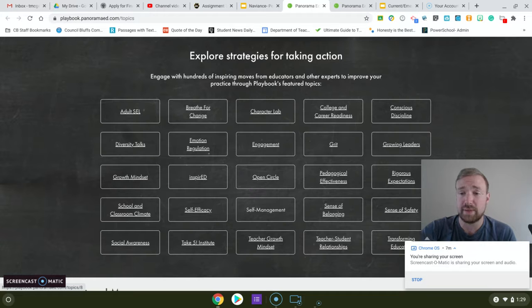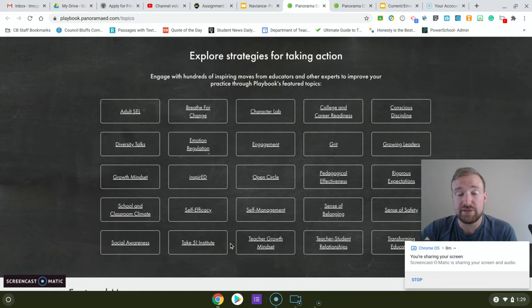Whenever I talk with teachers about SEL, they don't want one more thing to have to do. And the nice thing about SEL is that it's not one more thing that we have to do. These are all beneficial things that students absolutely need, and it's conversations that we are already having with students. All this does is provide us with more tools and more strategies to better help students with these different things. You can see here all the different strategies and activities where we can help students with different things that they may need help on.